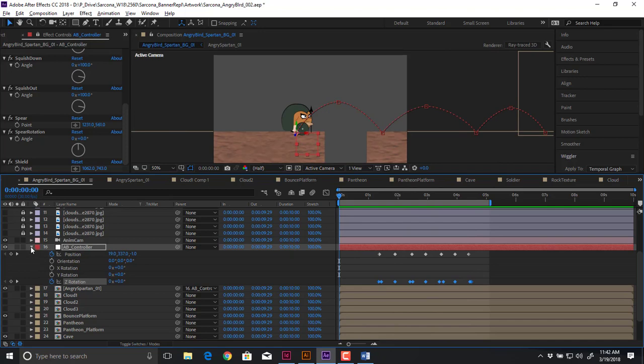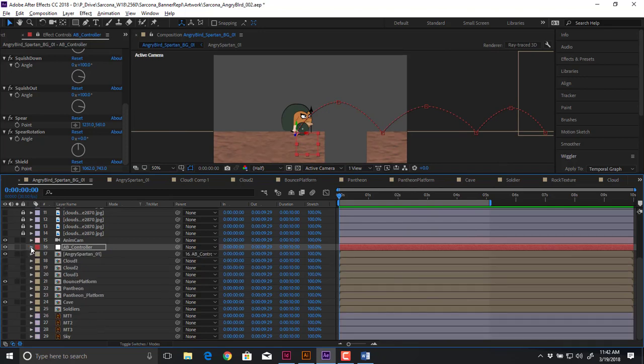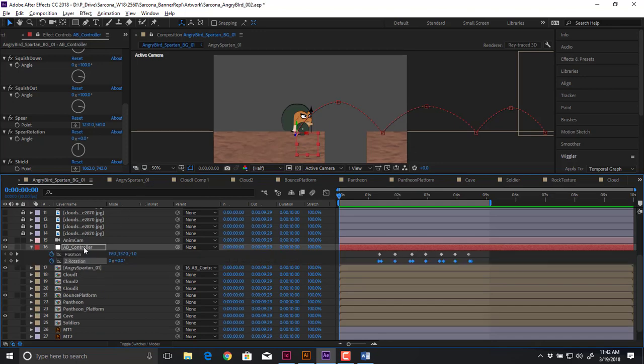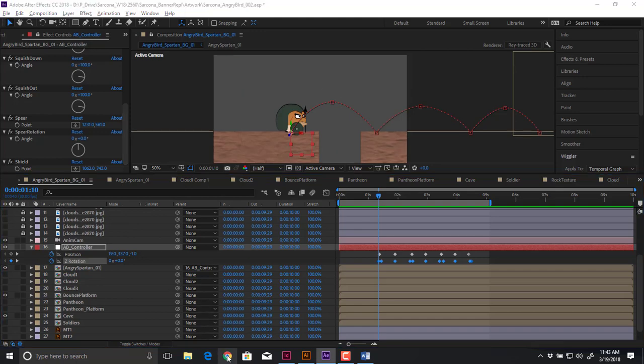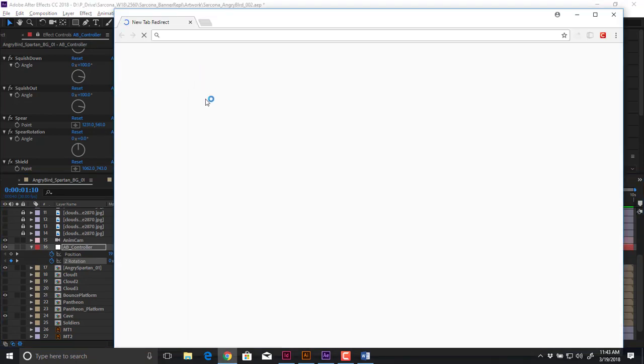Now I would start to work with my squash and stretch. Okay, I got positions set up, I got rotations set up. Now it's time to squash him and stretch him. I want to have these showing, and then I can go into here and start to set this up. Now if you're not sure of where these go, just take a minute, write it down on paper as to where you think he'll be squashing and where you think he'll be stretching. Write it down like a storyboard or a little flip book type thing, a little animation of where you think each one of these would be. Or if you go to Google and you type in bouncing ball animation,